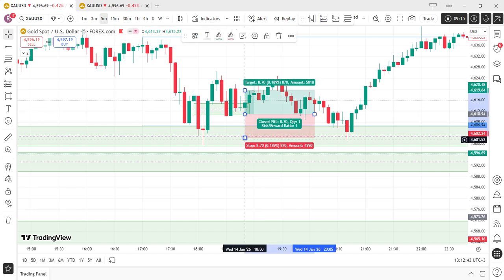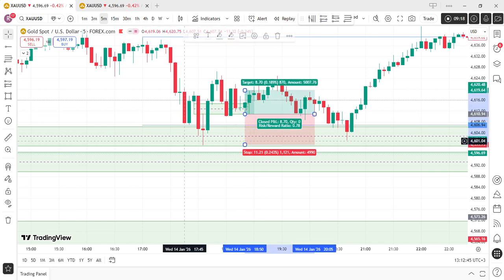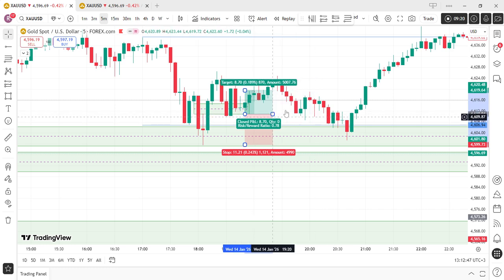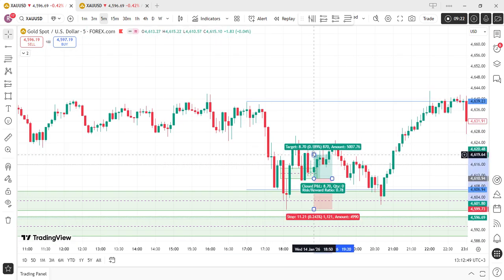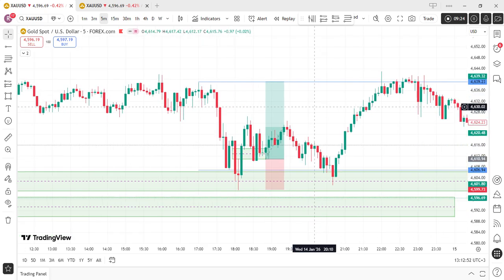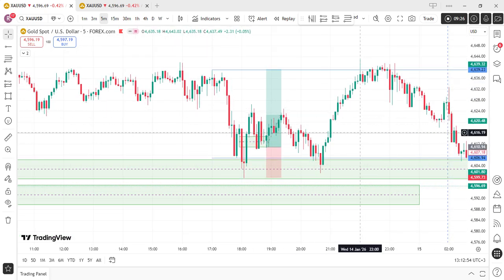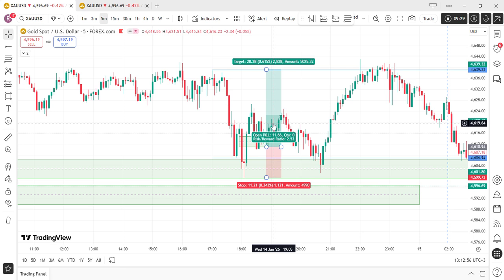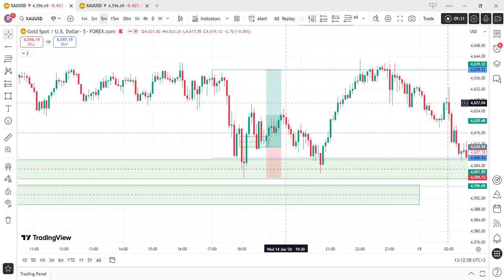You enter right there. Your stop loss just below this swing low, this one right here. Then what do you target? You target the opposing liquidity right there. That's a 1 to 2.5 hour delivered. You see that? That's how you trade. This is how they trade.